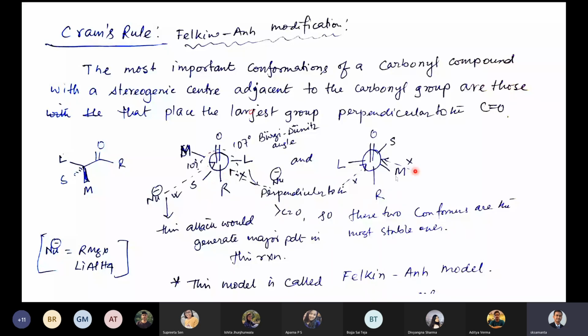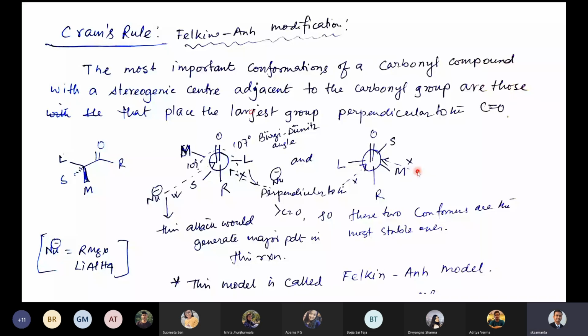What about this conformation? In this conformation, again, this is your Burgi-Dunitz trajectory. Attack from this direction will not be favorable because you have the largest group. Attack from this one could be favorable because you have the medium group. So we will get one product from this conformation, another product from this conformation. Which one will be the major? This one will be the major, because in this case you have the smallest group here, and in this case you have the medium group here.